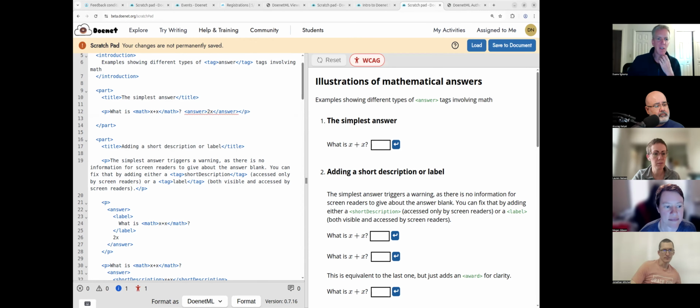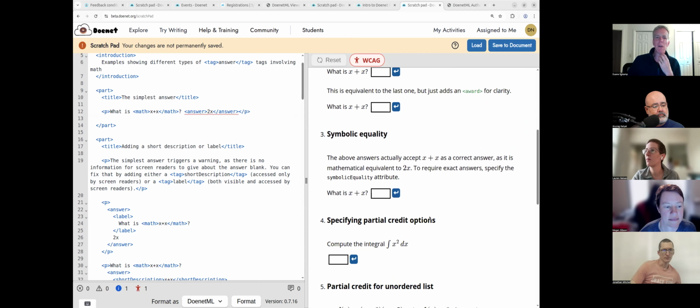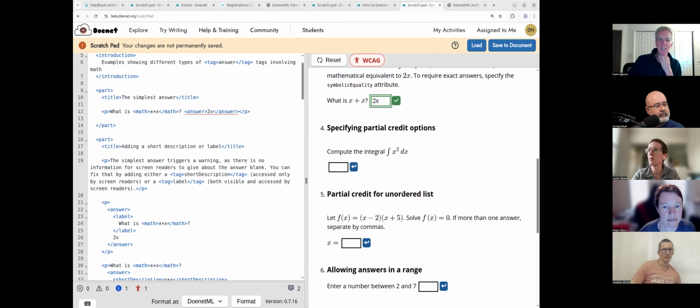Okay. I am going to skip over a lot of the rest of the stuff. You can read about some of the stuff on your own. You can read about symbolic equality. When I do symbolic equality, then x plus x is no longer an answer, but 2x is. But for our task, the thing I want you to play around with is